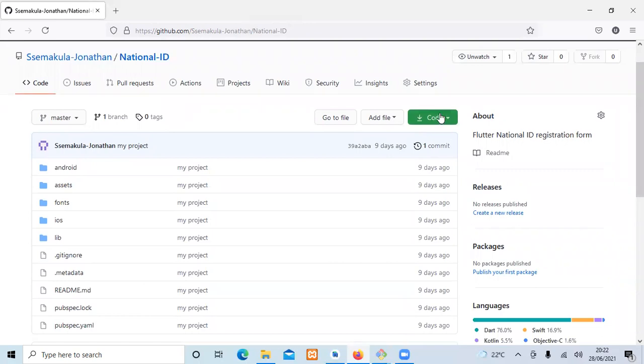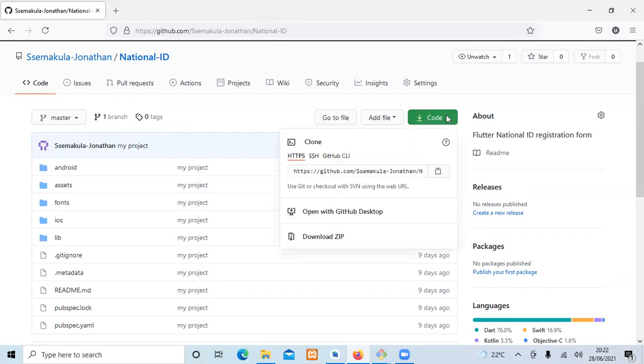Are you seeing this option for code which is here? I just click there, and when you click there, they bring options. Open Git desktop. There is download zip. So you always choose download zip. And when you click on download zip,